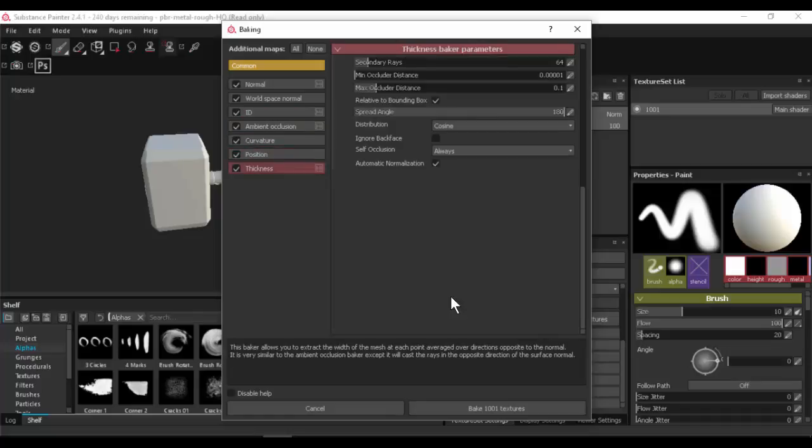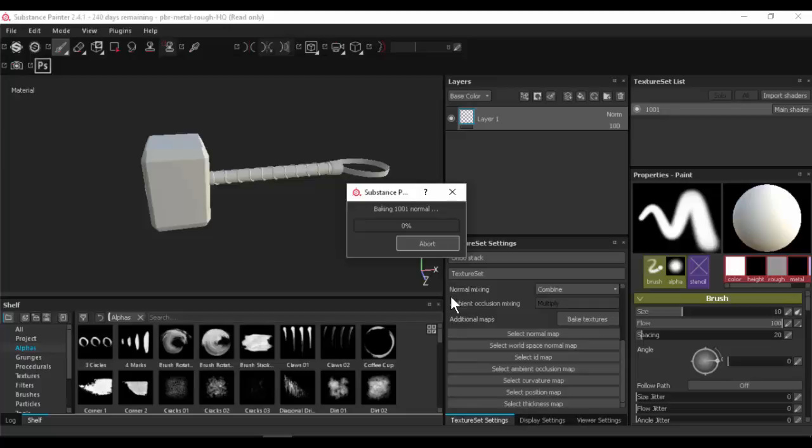Position I'll leave it. And then thickness I'll leave. I have bake. Each one of these texture sets here is each one of our UVs. We have one square, so we only have 1001. That's all we need for this one. If we had a bunch of surfaces, each one would come in as a separate thing. Kind of the downside of this is that when you do have multiple texture patches,